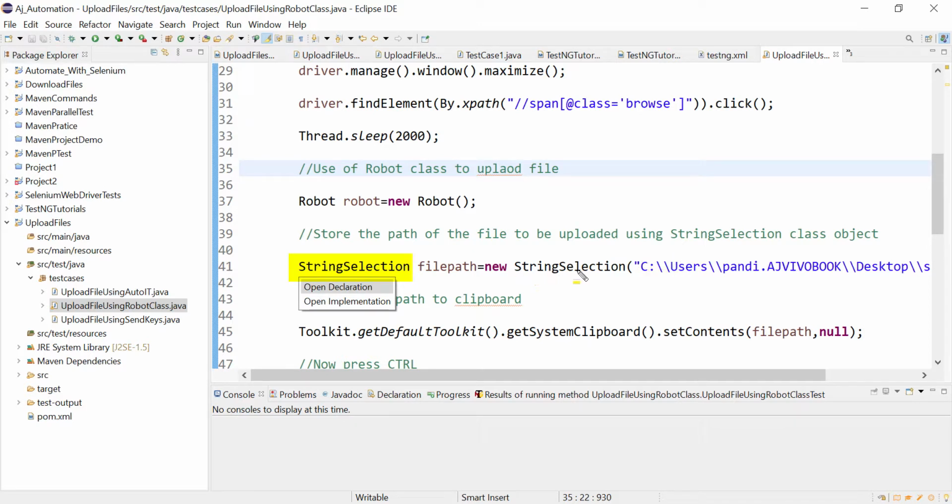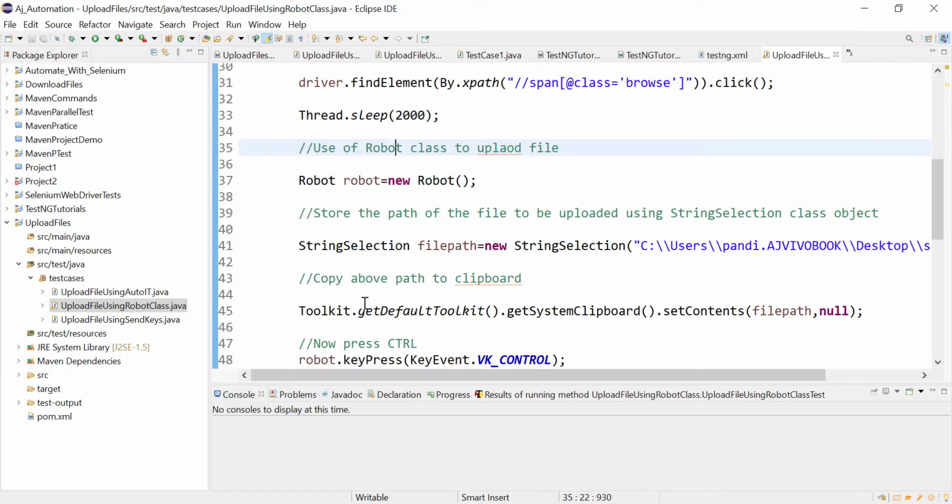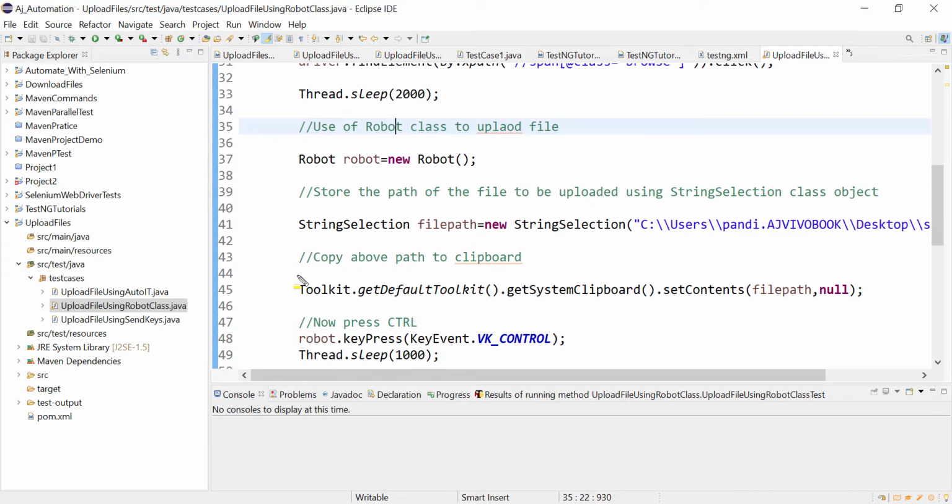Once that object is created, you use Toolkit.getDefaultToolkit().getSystemClipboard(). We will get the clipboard and set the contents, and you have to pass the file path. The file path is the object already created with this path, so you pass this object to setContents, so that our path will be available in the clipboard.